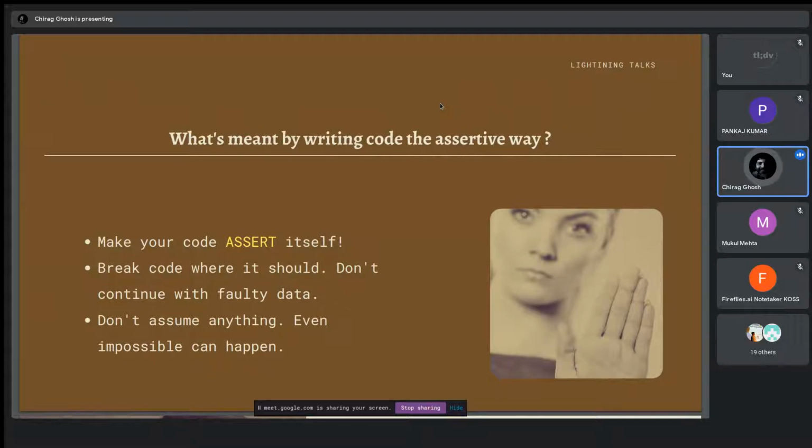Now, we want our code to assert itself. That means, suppose we write a function, so it takes some input, maybe parameters, and gives a return statement or something like that. It does some work. So for input we need something, then the function will assert that I need this type of data type, or this range of data. So if you give some other type of data, or out of range or something like that, the code will crash. So why, we don't want our code to crash, but we are doing it explicitly to crash our code. Why?